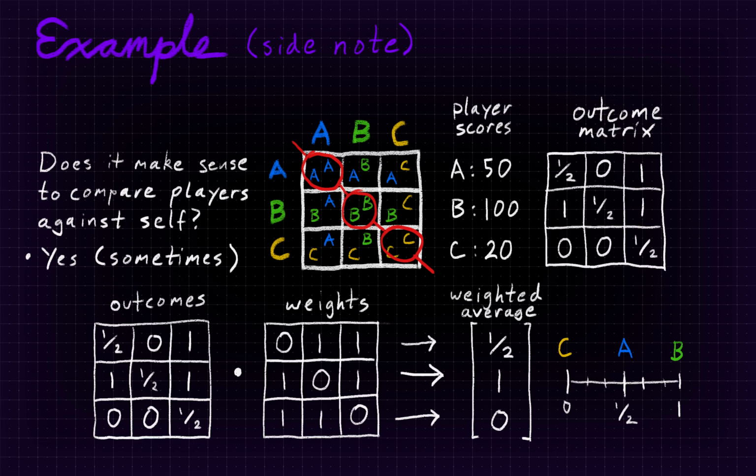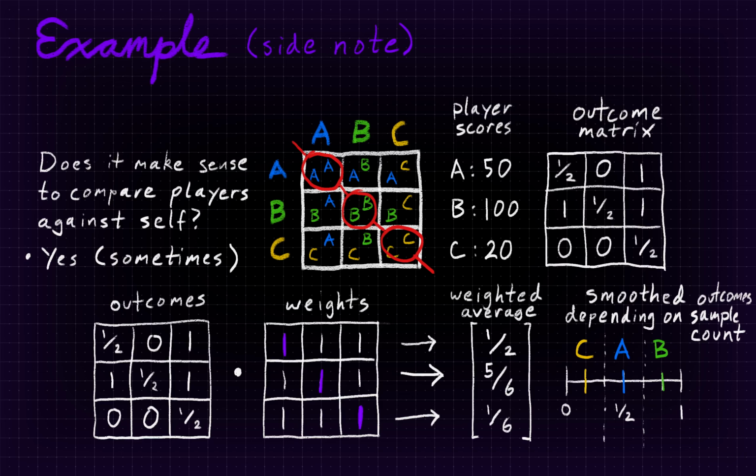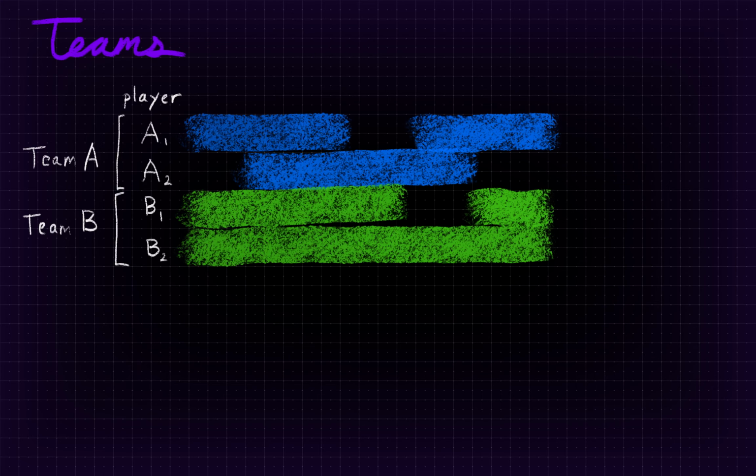But if we give equal weight to self-comparisons, the resulting outcomes will be at the midpoints of equal size partitions. Or if we gave self-comparisons twice the weight as others, we'd subdivide the range from 0 to 1 with perfect intervals. Anyway, for modes that can have different player counts, like Battle Royale, it can make sense to normalize the outcomes this way. But to get back on the main topic, the other thing we do with session data is